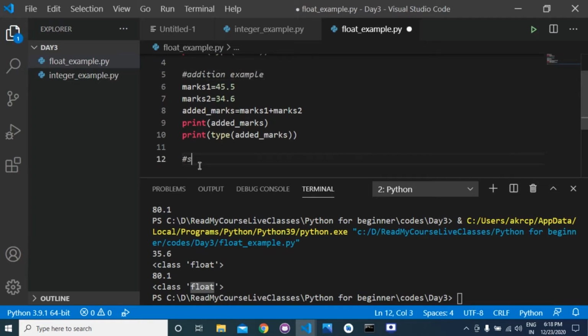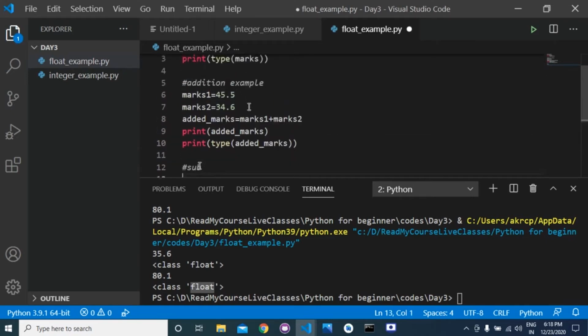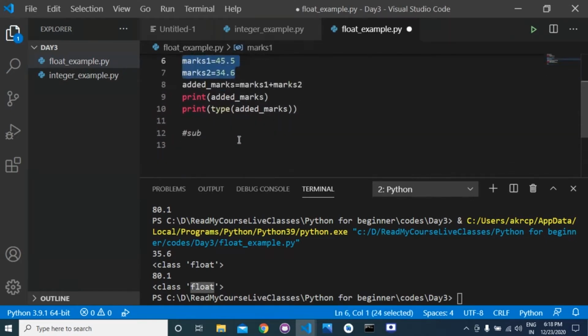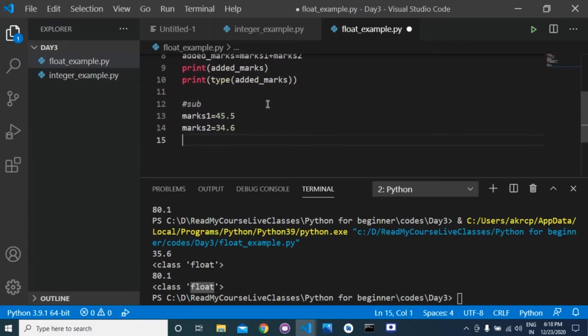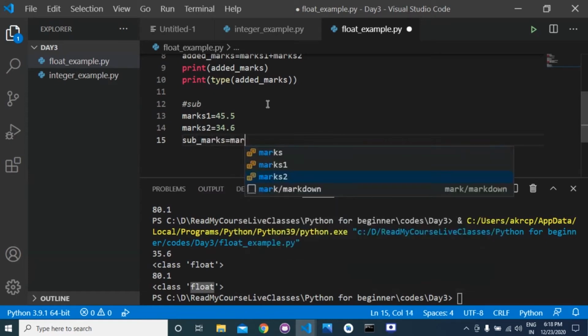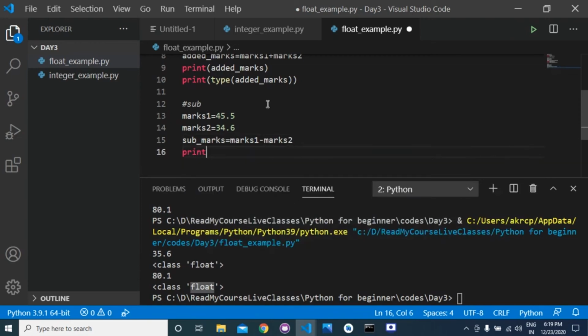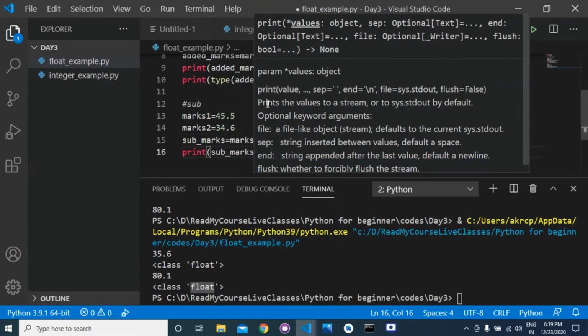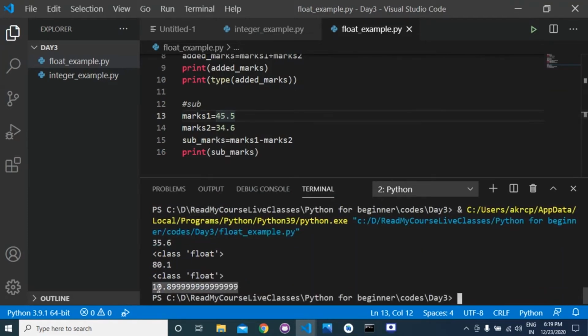So this is a subtraction example. Suppose we again have marks 1 and marks 2. I'm just copying this. If we want the subtracted marks, subtracted marks is equal to marks 1 minus marks 2, and if you print subtracted marks, you will get 10.8999, whatever the result is.